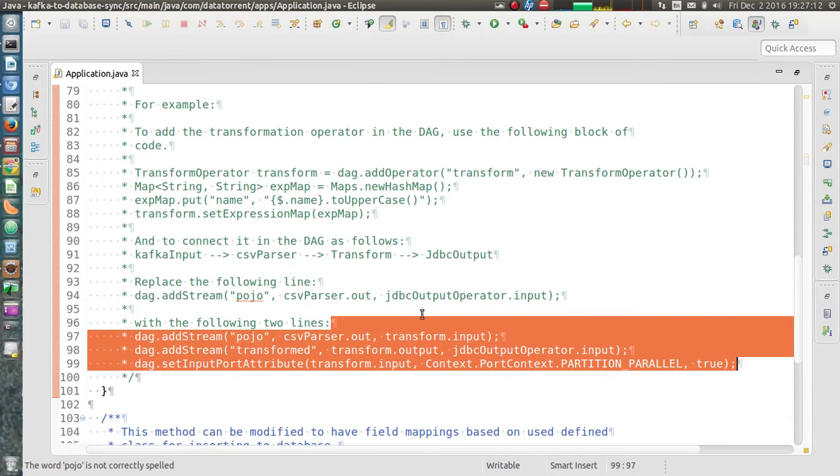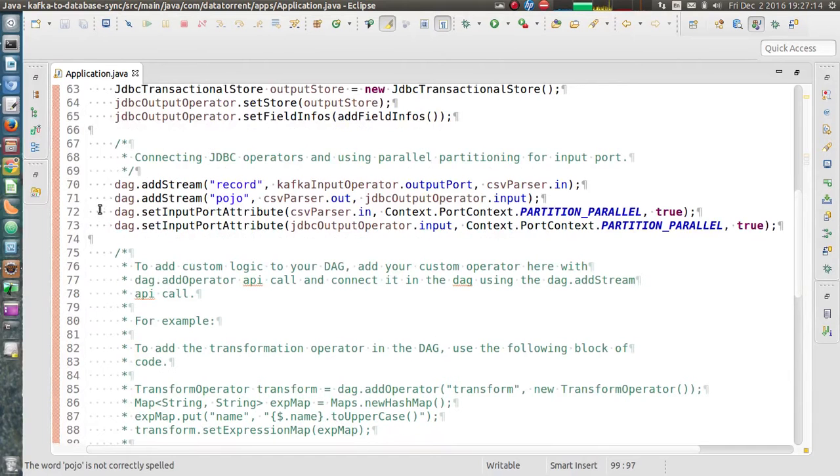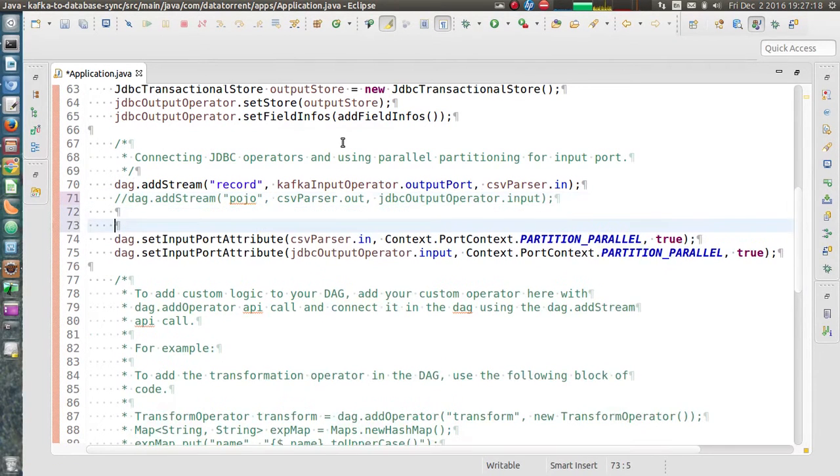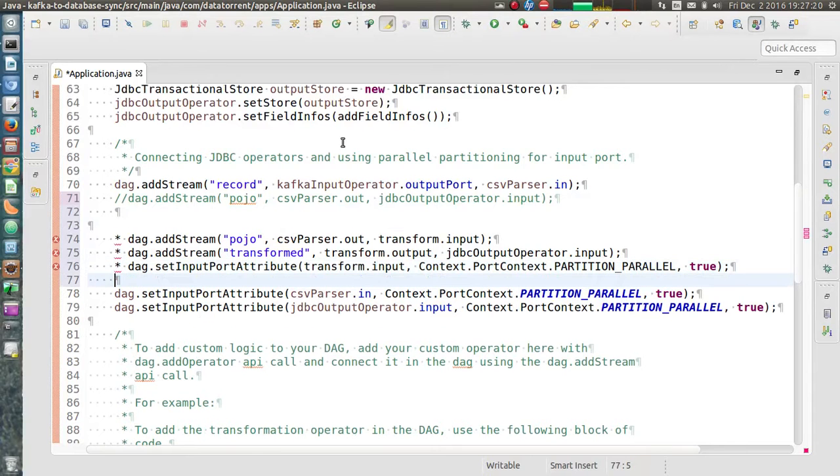So let's copy these 3 lines. I will comment out this line and add these 3 lines.